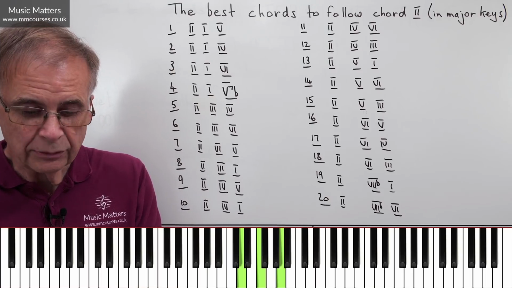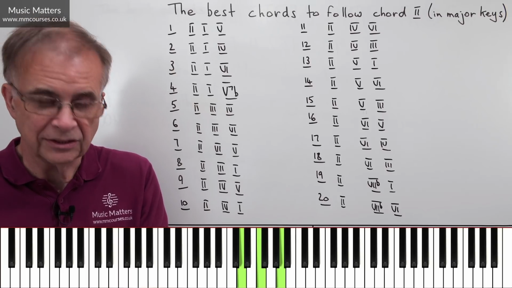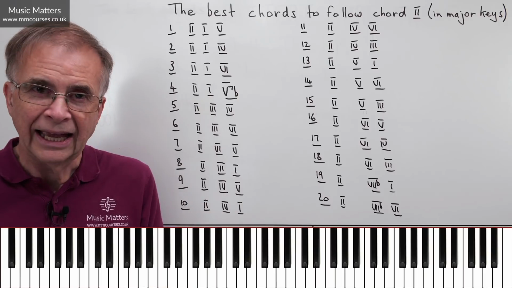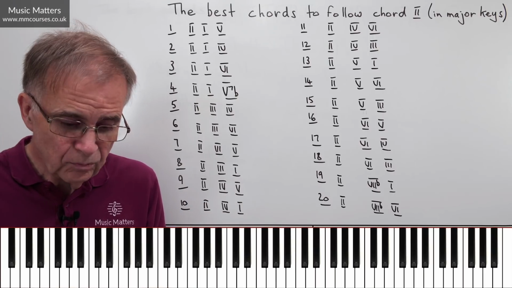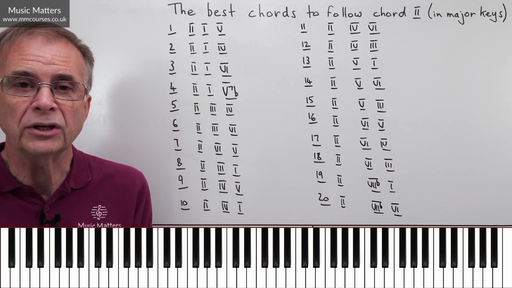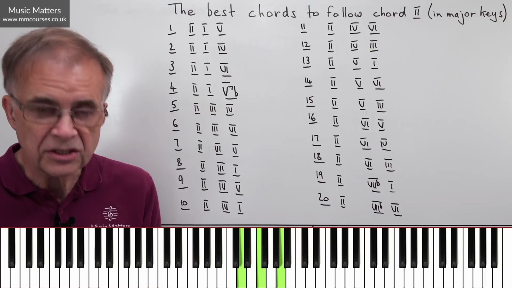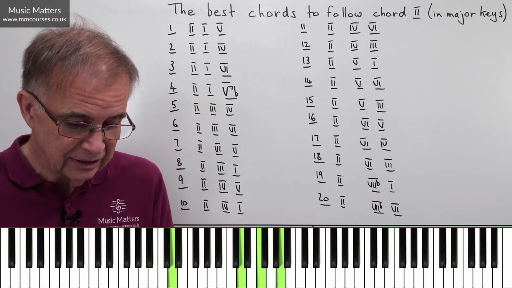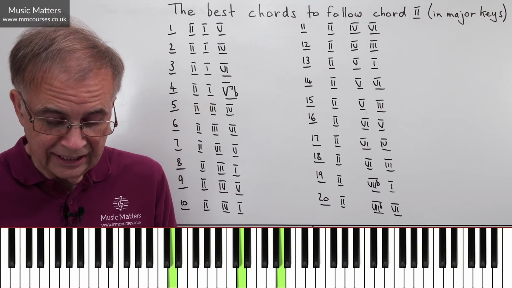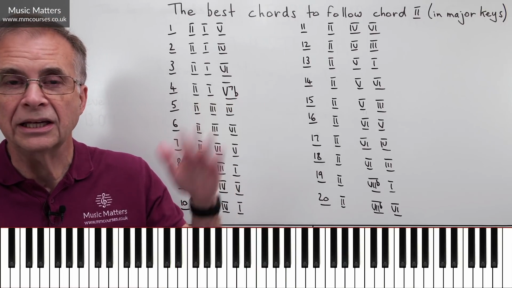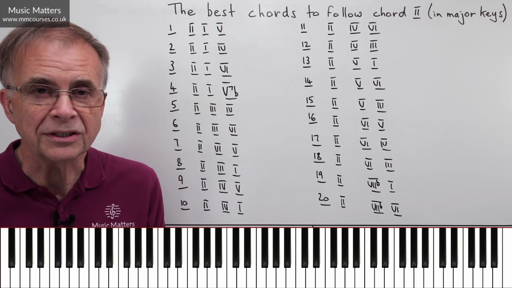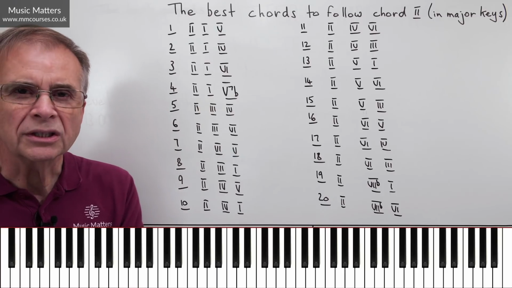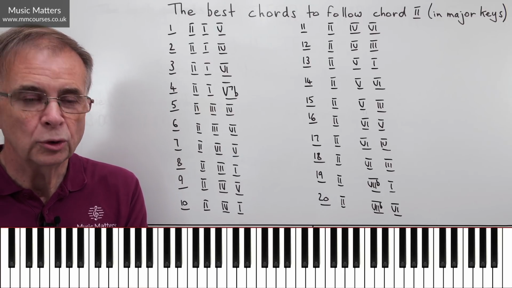What I'm playing now is the basic triad, the three notes, but we can turn that into a 4-note chord or a 5-note chord or any other size of chord simply by doubling up on those notes. If I want to put that into four parts, I could just put another D on the bottom. Now I've got four notes, with D twice, and then F and A, but I could have any other kind of doublings that I wanted to. Okay, so without further ado, let's get into the progressions that might well flow on from chord 2.